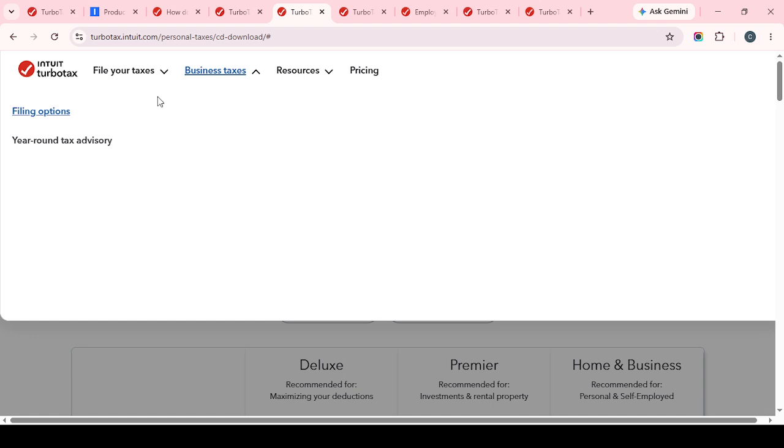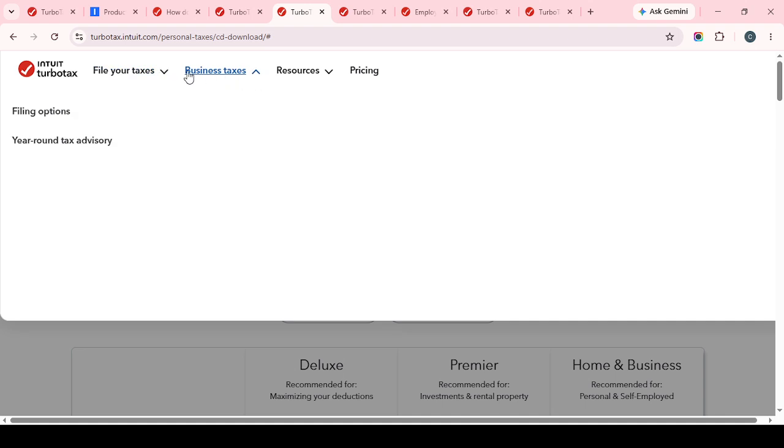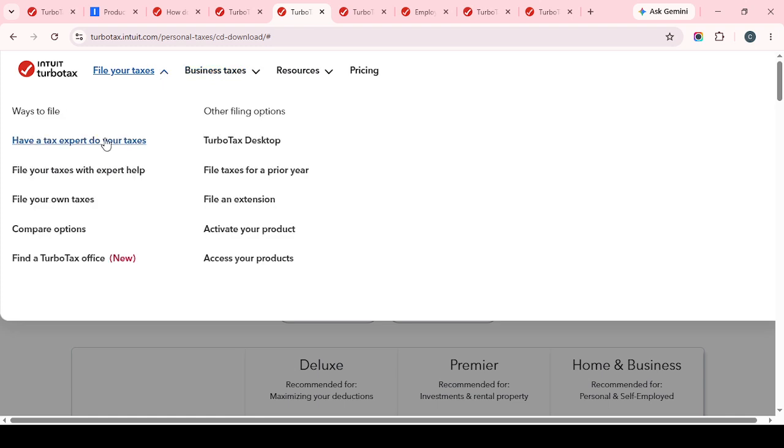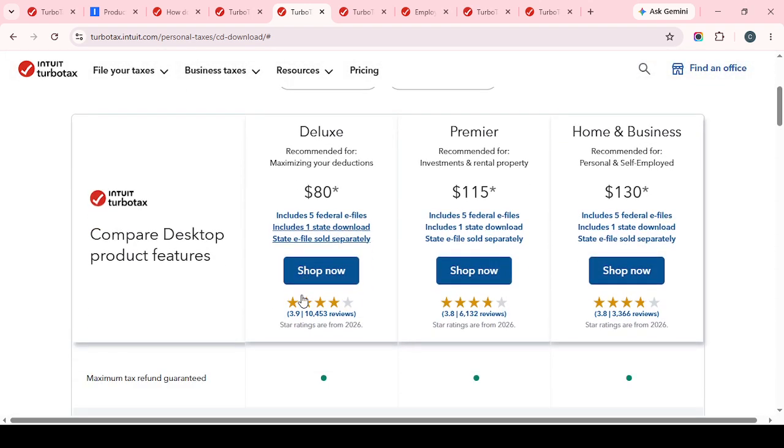As you work through the entry, double-check each number before moving forward. Pay special attention to the payer information, the gross distribution, the taxable amount if it's listed, and any federal tax withheld. These figures are important for making sure your retirement income is reported properly. If something doesn't seem to match your form, pause and review it before continuing rather than guessing. When you finish entering the DFAS 1099-R details, review the